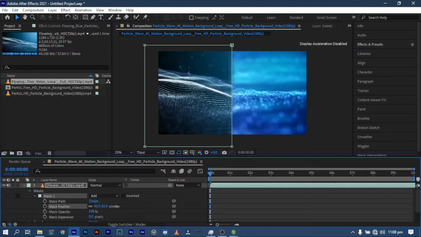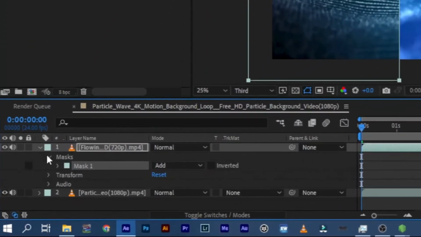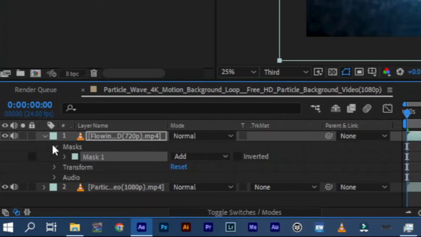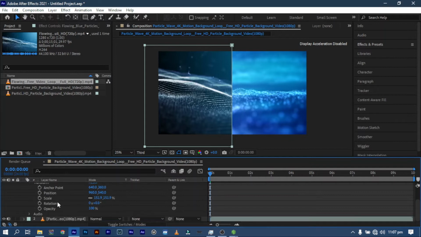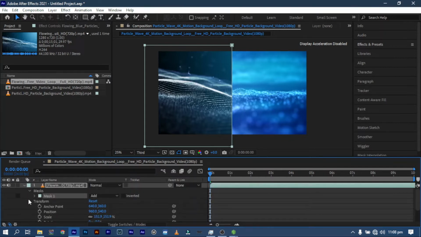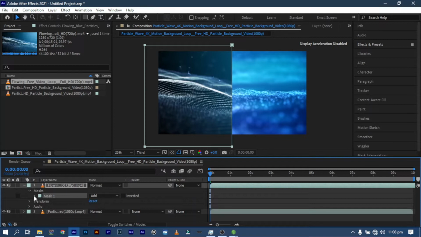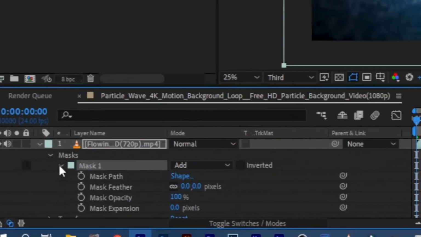I open up the mask part, enter inside. In After Effects, each element you add has its own properties. So to open up the properties, you look beside the video in your timeline, you click that small arrow going down, and it opens up the properties. Now, as you can see inside, you are seeing a place where they wrote mask. The mask of the video has its own properties too. So I open up the properties of the mask. I can see mask path, mask feather, mask opacity, mask expansion. Each of them has separate uses, but for this video,